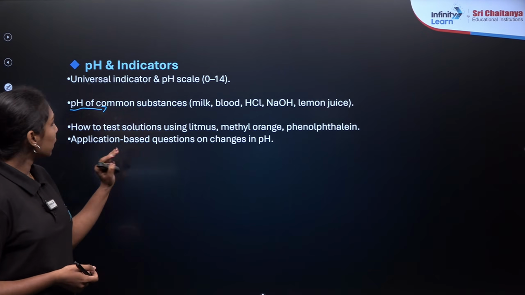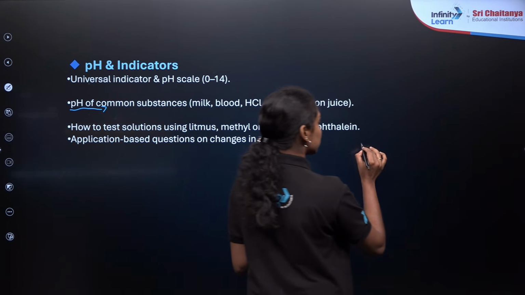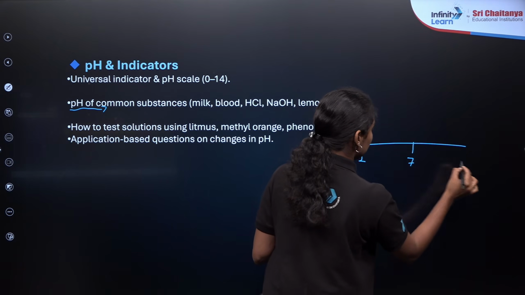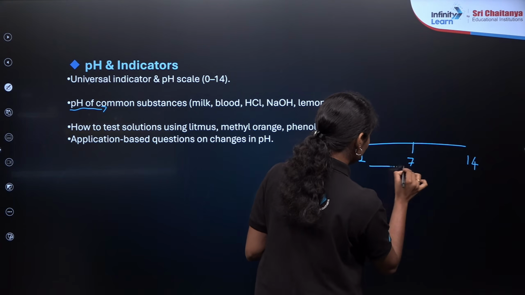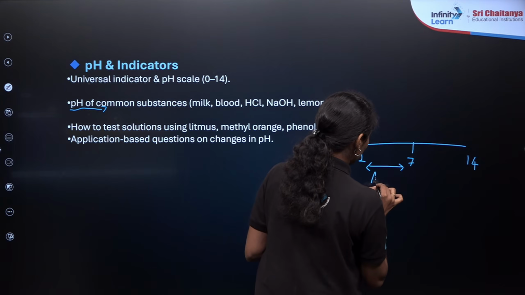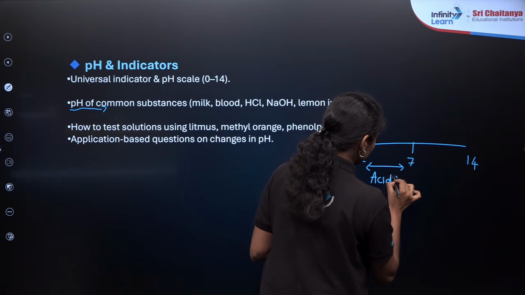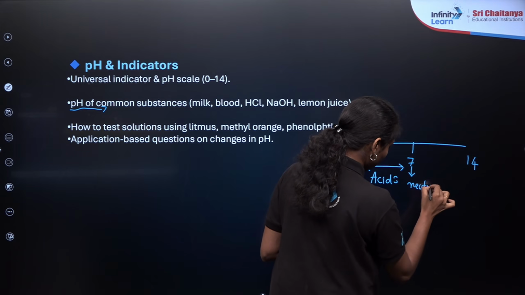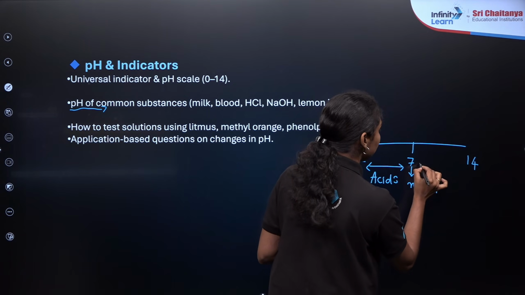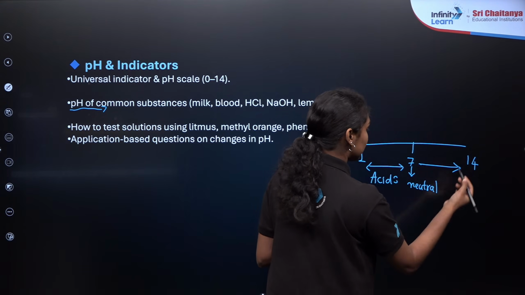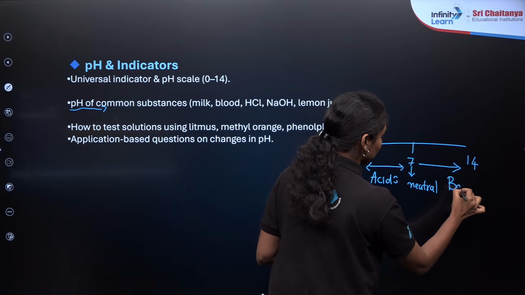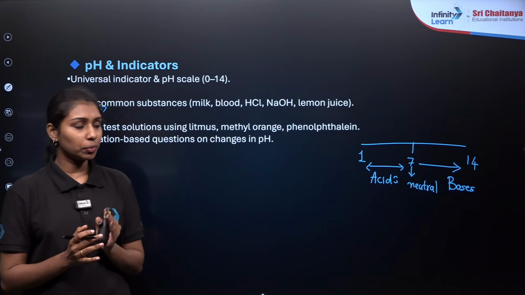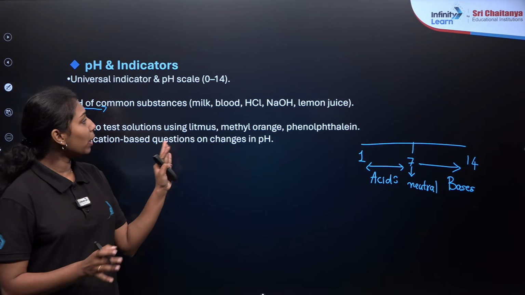So how can we define the pH value? There is the pH scale, right? There will be 7, then from 1 to 7, then 7 to 14. So from 1 to 7, we know those will be the acids, right? These are the acids, and 7 is the neutral substance. And from 7 to 14, any substance which is having a pH greater than 7 is known as a base. Clear? So you can expect a direct question on the identification of pH value,